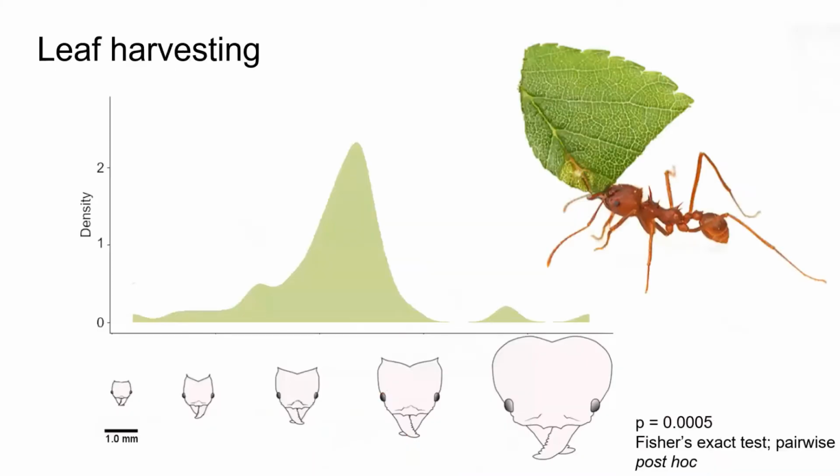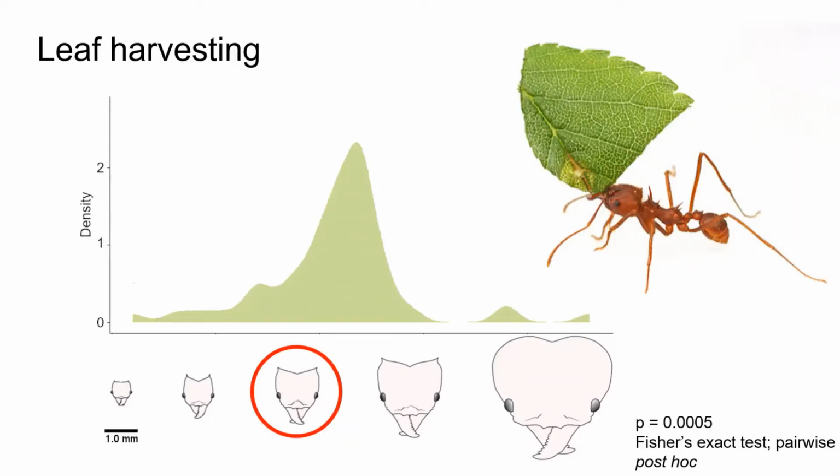I just wanted to show you the results for two of the key behavioral categories most relevant to agriculture in this species. We saw significant differences in leaf harvesting task performance, which includes selecting, cutting, and carrying leaves among the worker groups, with the media workers performing these behaviors most commonly, and the frequency distribution for this task category is